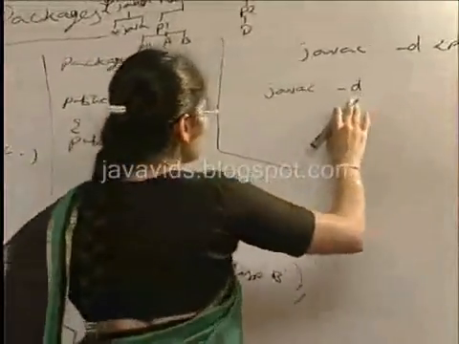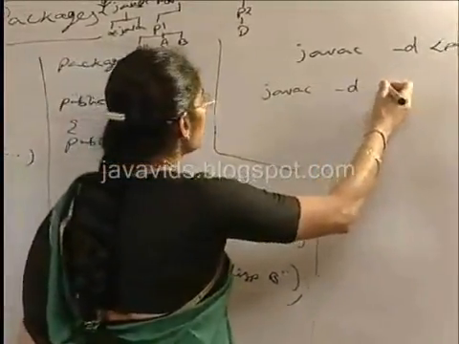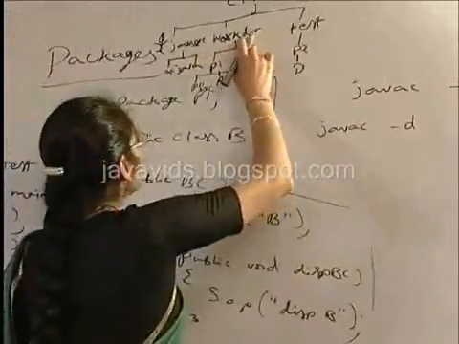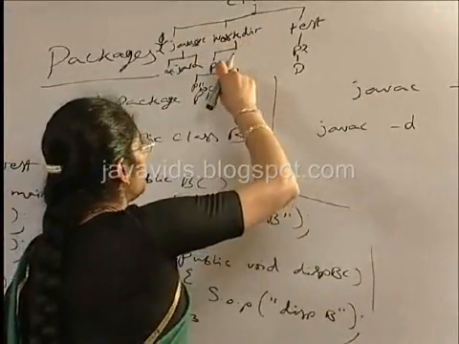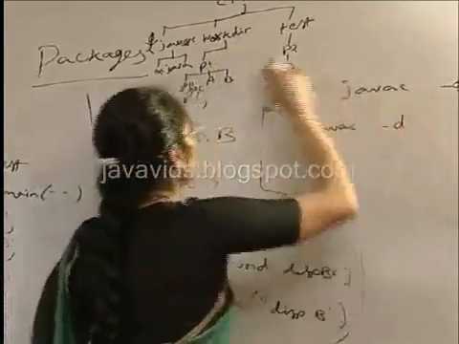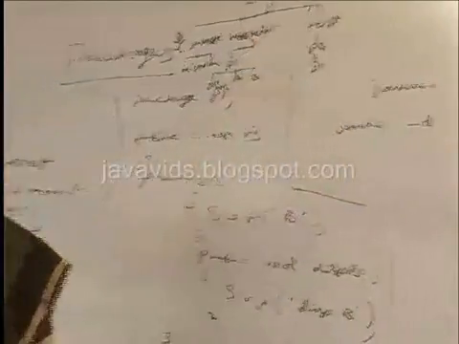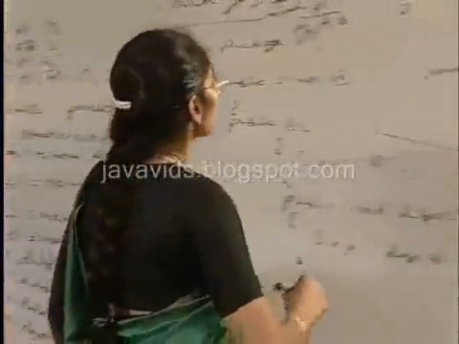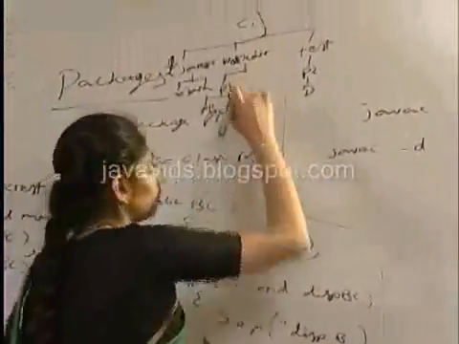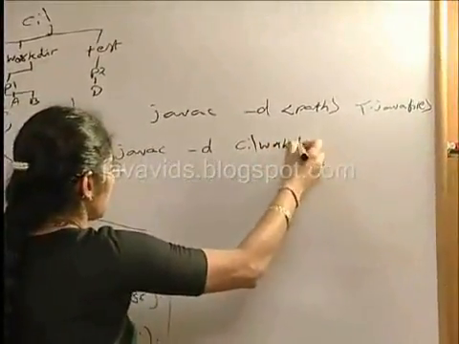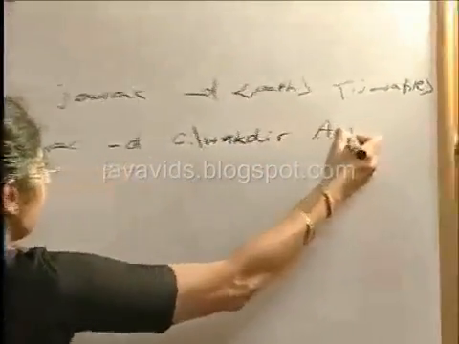So javac -d, in order to compile the a.java file, a.java belongs to package P1, which comes under work directory. The path that you need to specify is to the parent directory where the package directory should exist. So since P1 should exist under work directory, we need to specify the path to the work directory, followed by